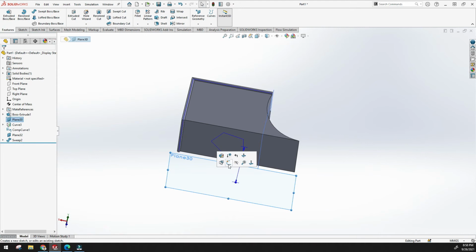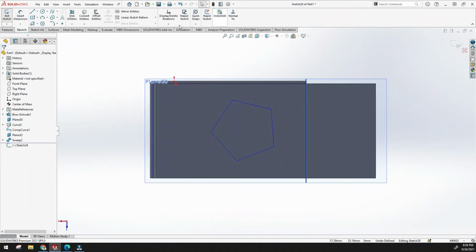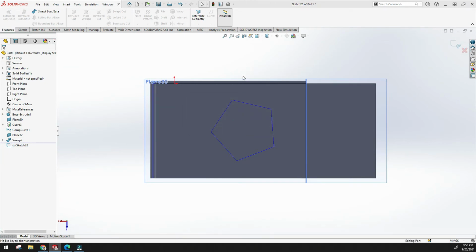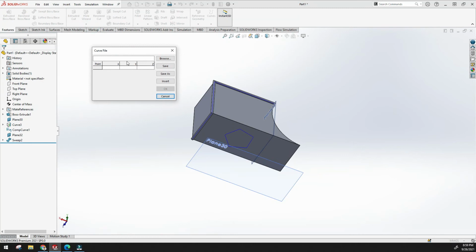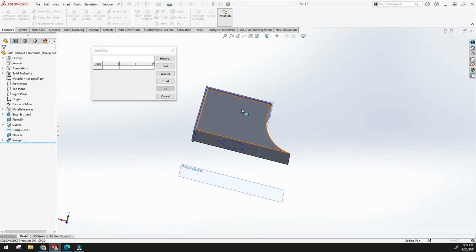Now the fourth one is curve through XYZ points. Just click the curve through XYZ point, and this is very important. If you have airfoil points in XYZ coordinates, then by using this you can create the airfoil in 3D.